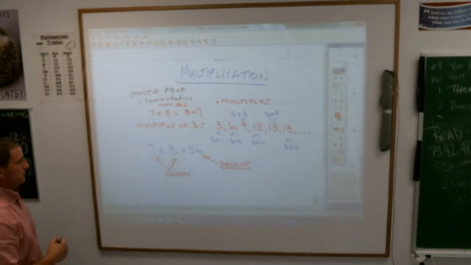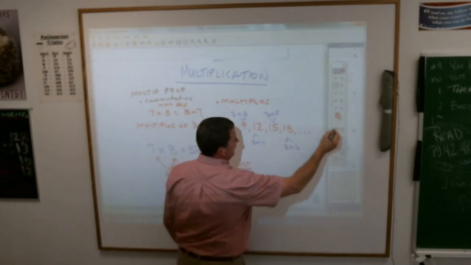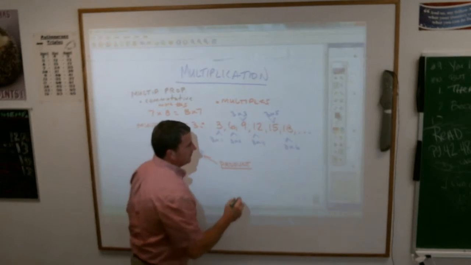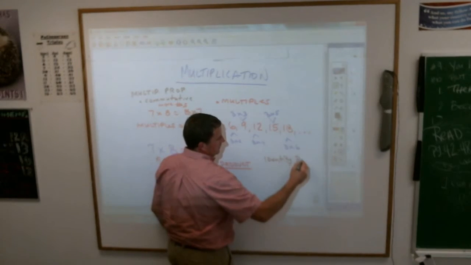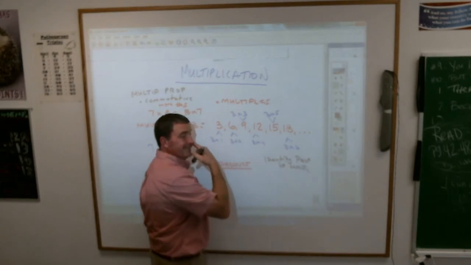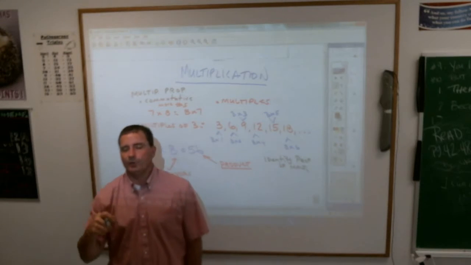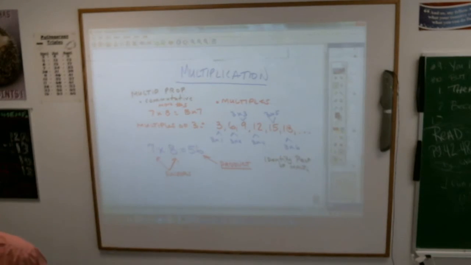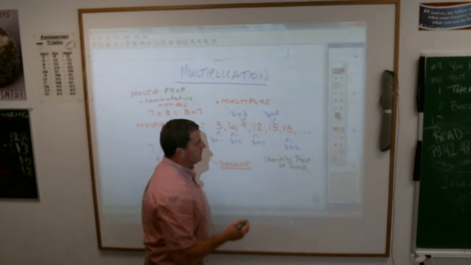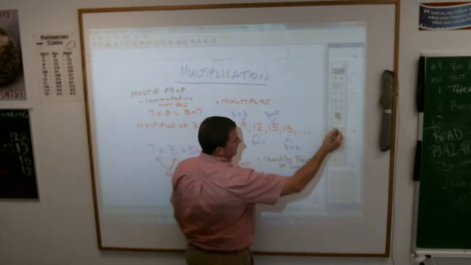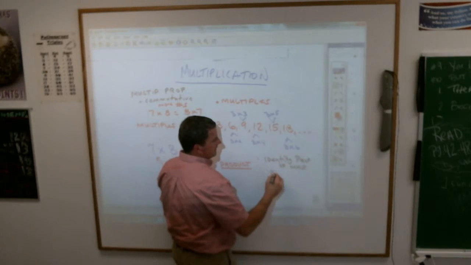We also have this, which is a different property. It's called the identity property of multiplication. If you remember, we had an identity property of addition, and that was anytime you add 0 to anything, you get the same number. Well, the identity property of multiplication is not multiplying by 0, because when you multiply by 0, you always get 0. But what do you multiply by always to get the same number? Yeah. The identity property says that anytime you multiply by 1,